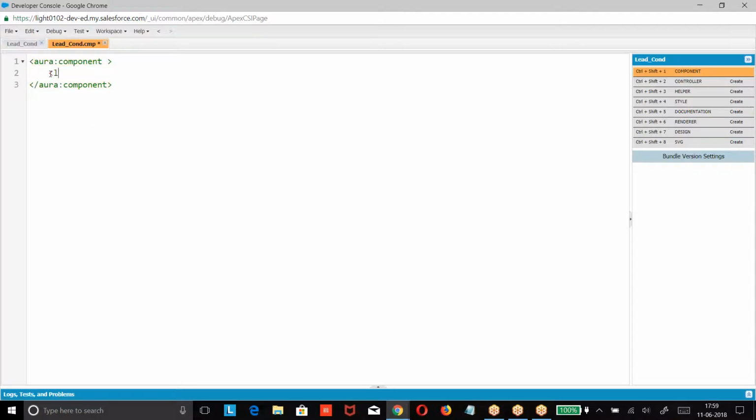Here, you want to create Lightning select, label. Now, I am trying to create a pick list field. So look at the format. What I was trying to create is a pick list field. Else I want to take Lightning input, label equal to last name.